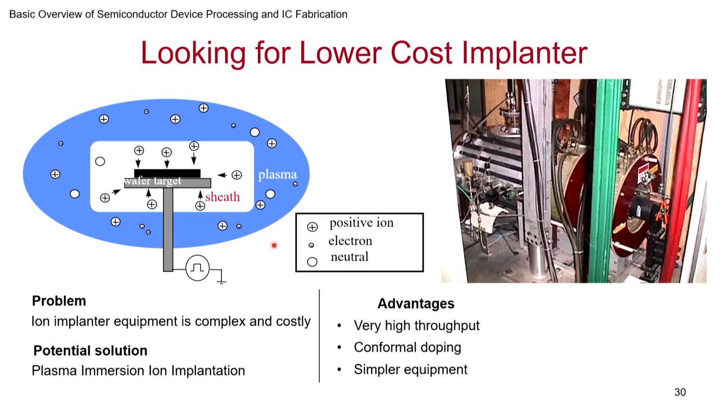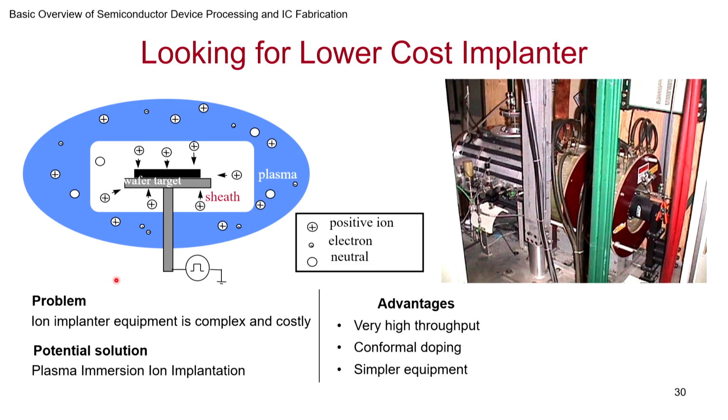This can be of great use, especially when we are going into non-planar devices like FinFETs and other things. One can try and see whether these can be used. They have their challenges, but this is a potential solution. And of course, the equipment is very simple. It's just a metal body, and inside that you create the plasma and you stick the wafer inside and apply the bias.